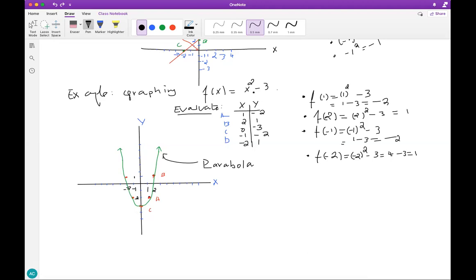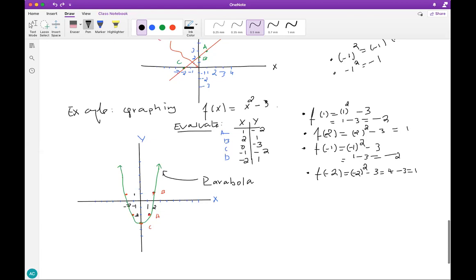Yes. Okay, so if the term with the second power is positive, expect your graph to be facing up. It has to be a parabola. It doesn't always have to be exactly here. It could be over here, could be here, could be anywhere on this graph, depending on these numbers here. That's what affects the transition or translation of the graph on the X and the Y axis. Remember, if you have a negative here, plug everything correctly, your graph should be facing downwards instead of upwards. Okay, so this is what we call a second degree